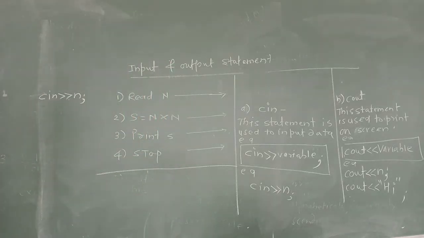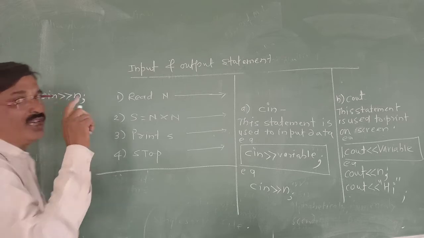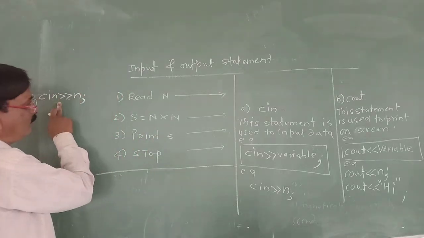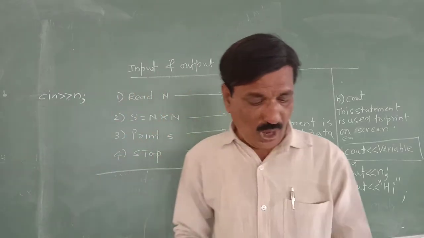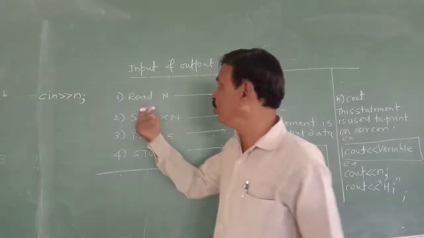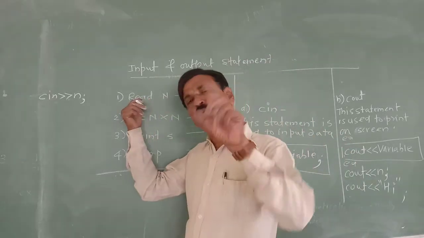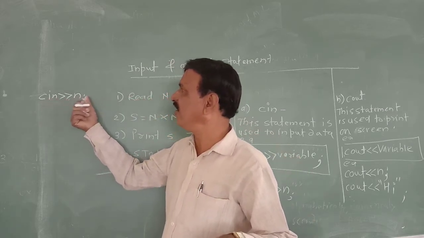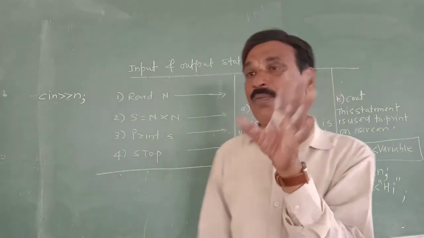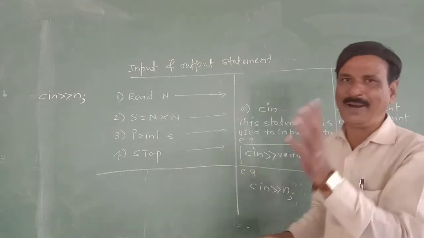Now what have we done? We have written the input statement or keyword of C++ for the instruction to read n. So our aim, our intention, is to perform the activity called read, that is input. And for input, the instruction is what we have written: cin >> n; semicolon. It is the format of the cin statement. That is called the format, not an example. Examples are here.